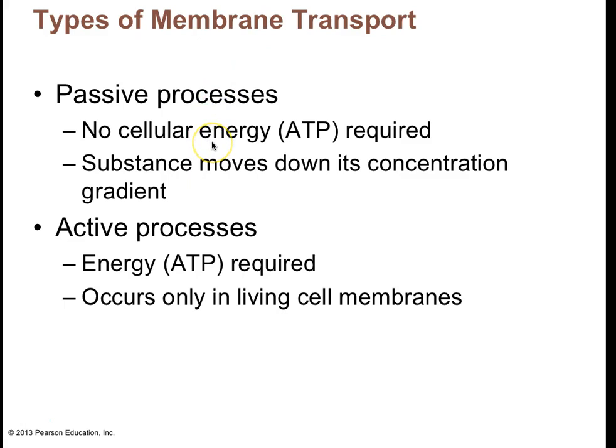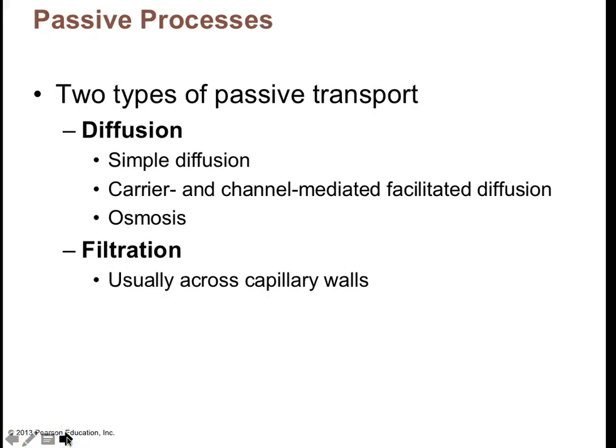Active processes, which we'll talk about next, are going to need an input of energy, an input of ATP energy, in order to work. So we're going to do passive, which is like movement for free, first. So we have diffusion or filtration. Simple diffusion means that certain very small molecules go from high to low concentration, inside to the outside, outside to the inside of cells. Sometimes they will need a carrier or a receptor in order to facilitate that,